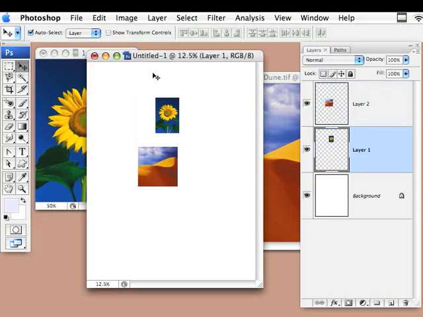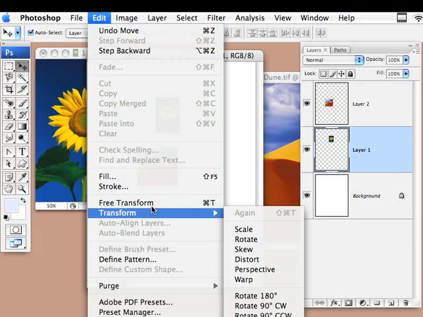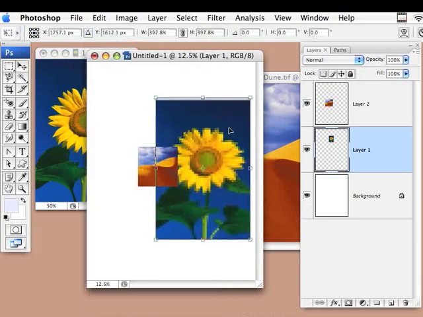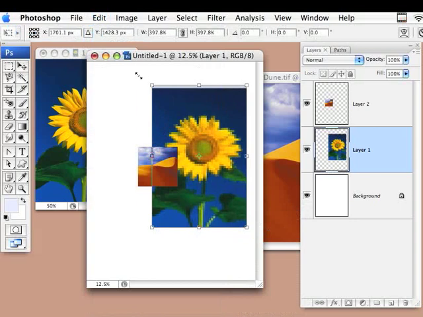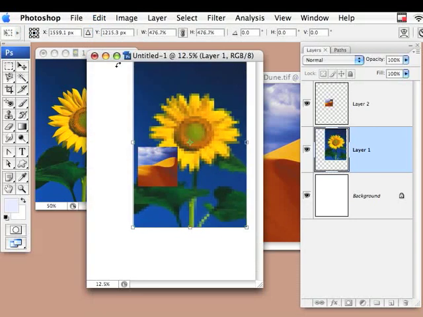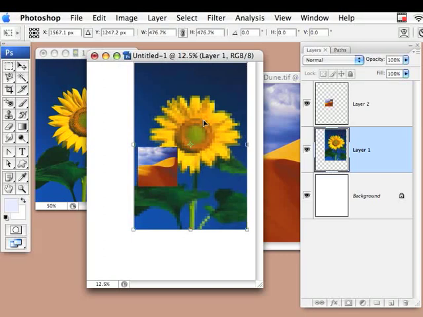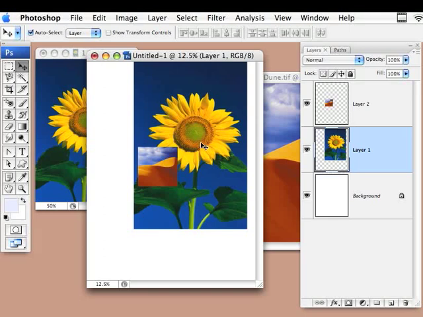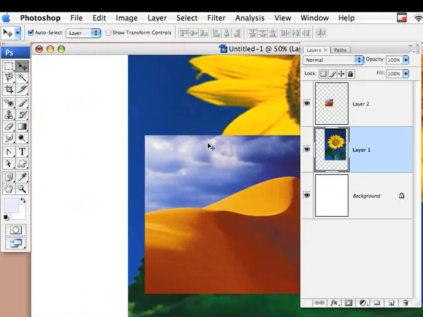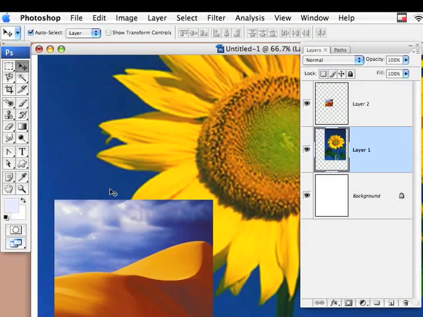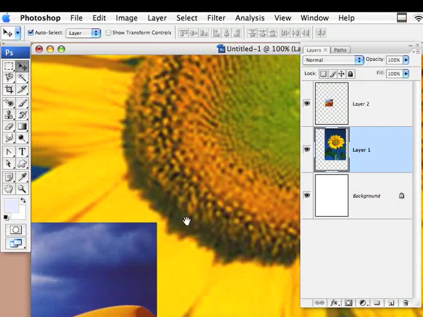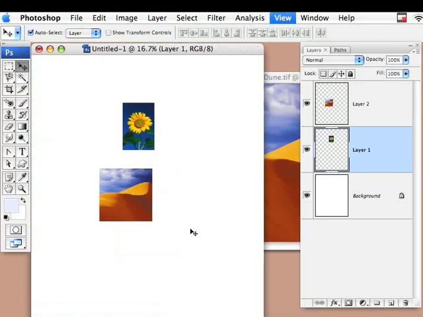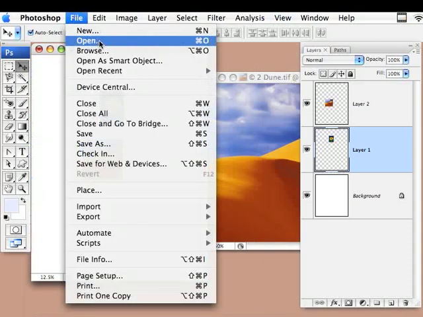Now, sure, if I wanted, I could increase the size with our friend the transform tool. Just holding down shift, remember to constrain the proportions, but you'll notice how much the quality decreases. Basically, it's trying to use very little pixel information to make a much larger size. So if I were to press enter to commit this, sure, it looks all right, but if you zoom into it, you can see that this is just incredibly blurry and isn't going to work if you try to print it. So I'm going to undo this